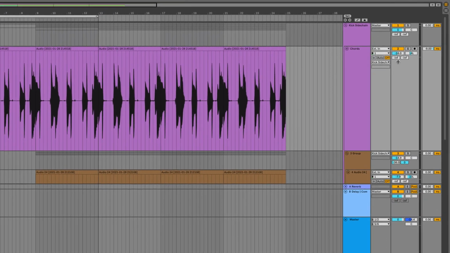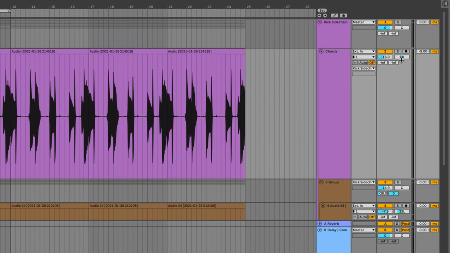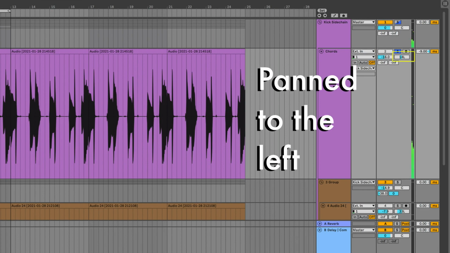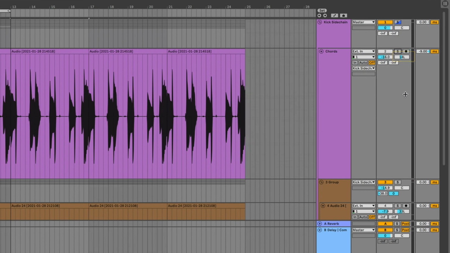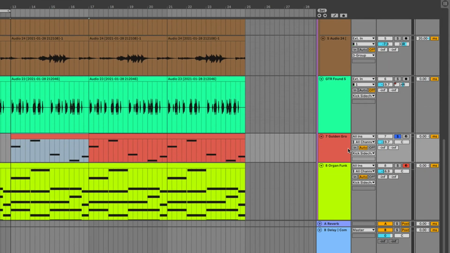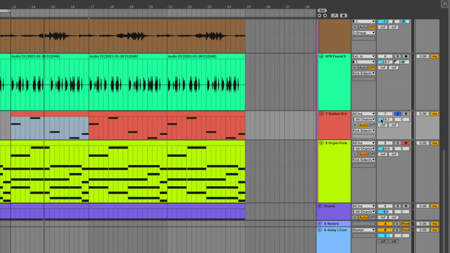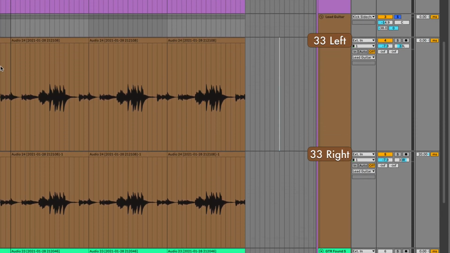If you come over here to where I have things already panned, you'll see the guitar chords, which sound like this, are 14 spots to the left. If we come down to the bass, which sounds like this, and bass along with the kick drum is traditionally left in the center as a sort of foundation for the entire piece. When it comes to the lead guitar, which sounds like this,